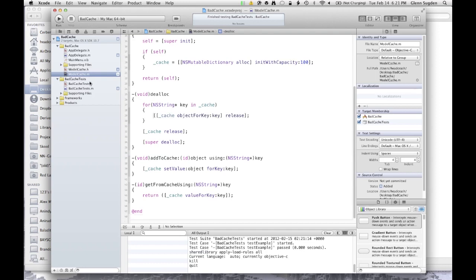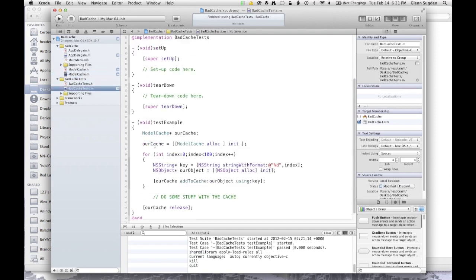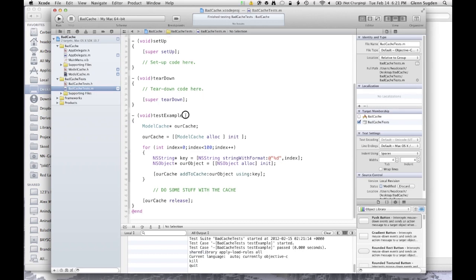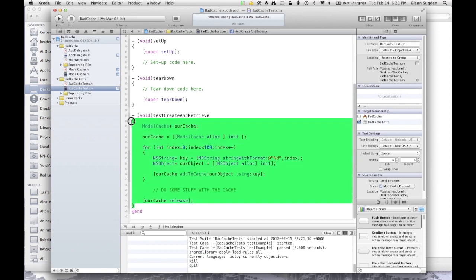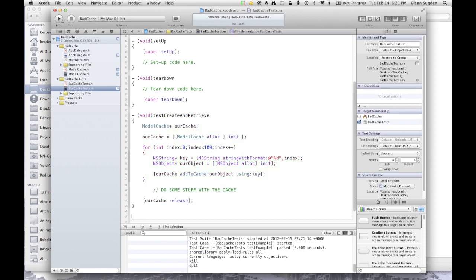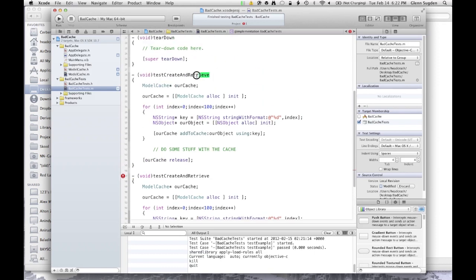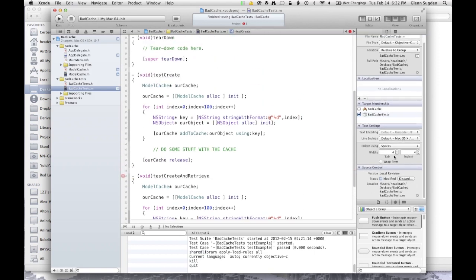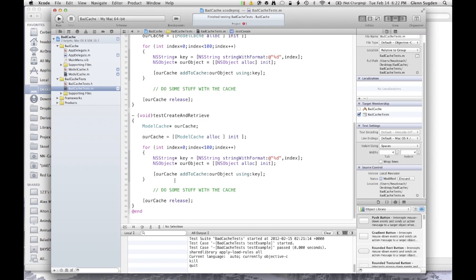And then you check by checking. We can do a test, test create and retrieve. Oops. And what was the failure? Oh yeah. So this is just test create and retrieve. We want to make sure that